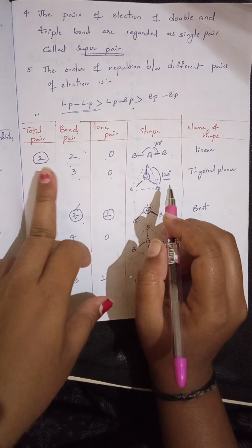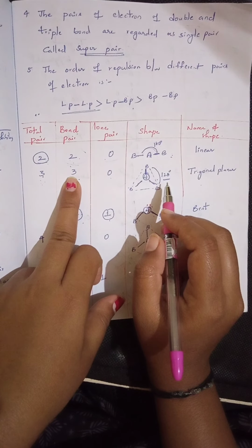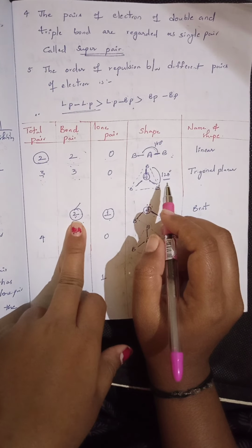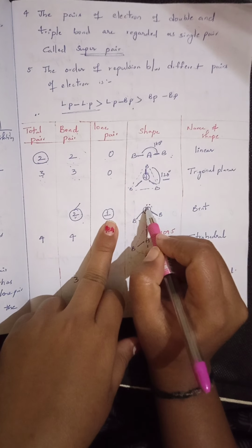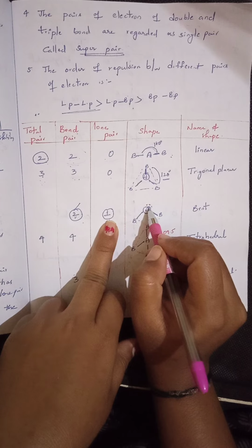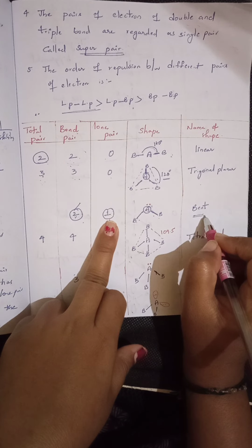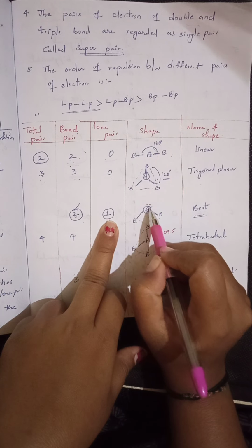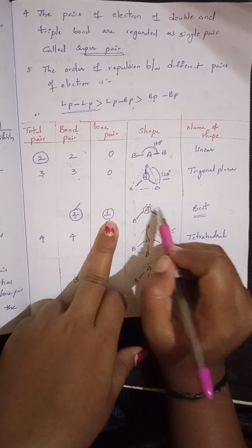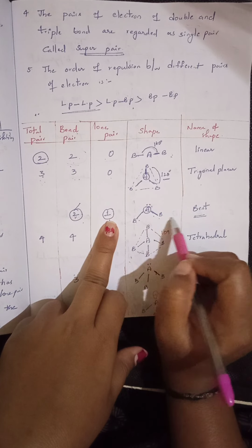Clear? That means if a molecule contains 3 pairs, sometimes all 3 pairs are involved in bond formation, or 2 participate in bond formation and 1 can exist as free electrons, or a lone pair of electrons. Then the shape of the molecule is said to be bent. So that is what I have told you: if lone pairs of electrons are present and if atom A is bonded to different atoms, then the shape